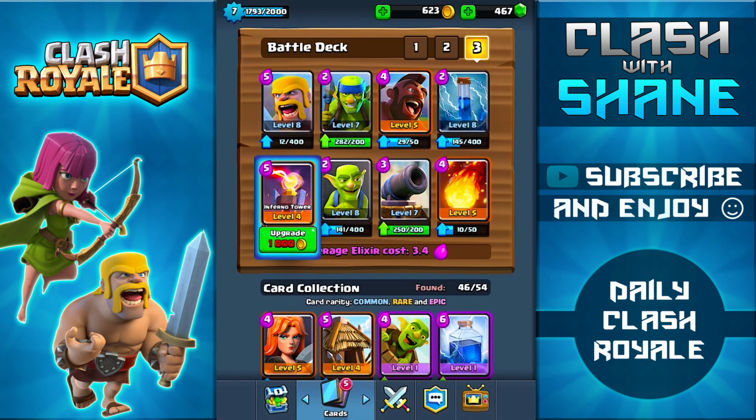Now, I am using these towers in a Hog Rider cycle deck because it fits overall really well with the strategy, because you can play defensively and then go in with a quick attack with your Hog Rider, do some damage to the tower, pull back, and then play defensively once again. Now, let's go ahead and take a look at some replays here, and then I want to finish off with